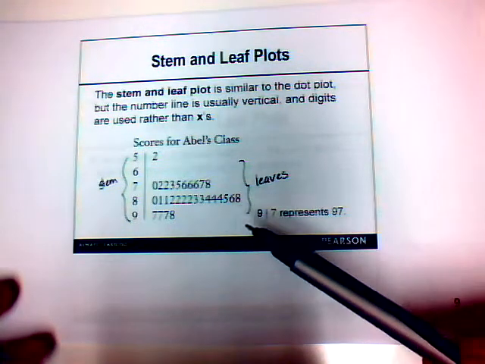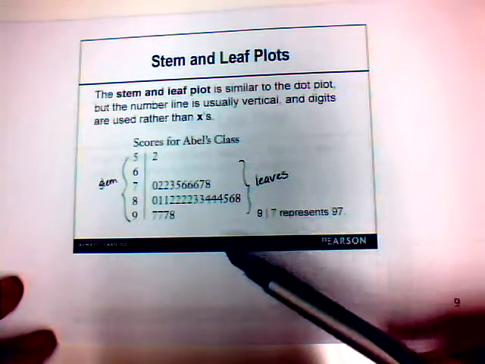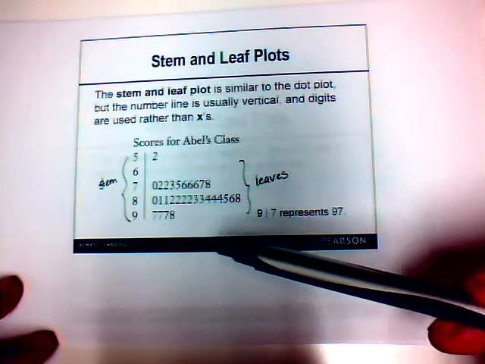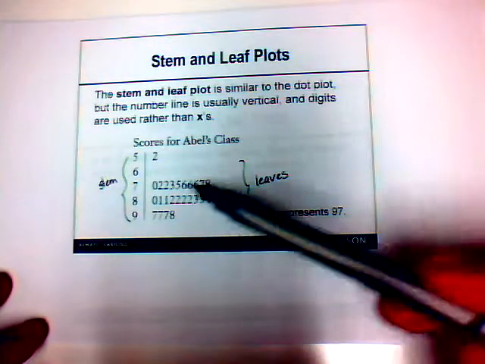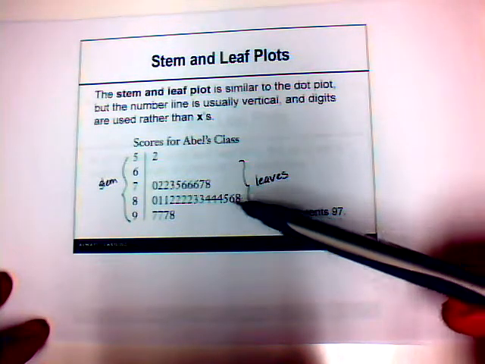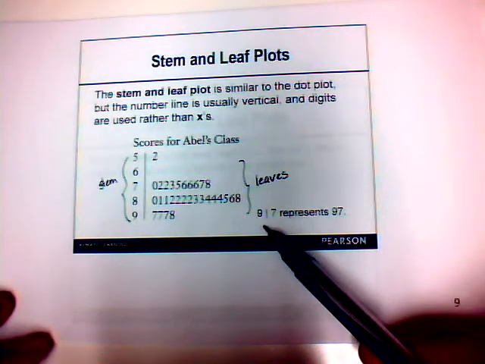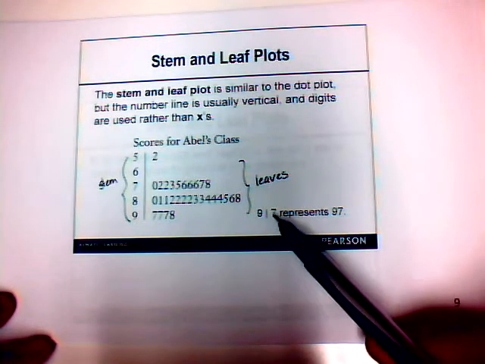And this one is put in numerical order from least to greatest. So here you can see what that stem and leaf plot looks like. Most of the data values are in the 80s, as you can see. And with the stem and leaf plot, you do have a legend that says 9 with a bar and then